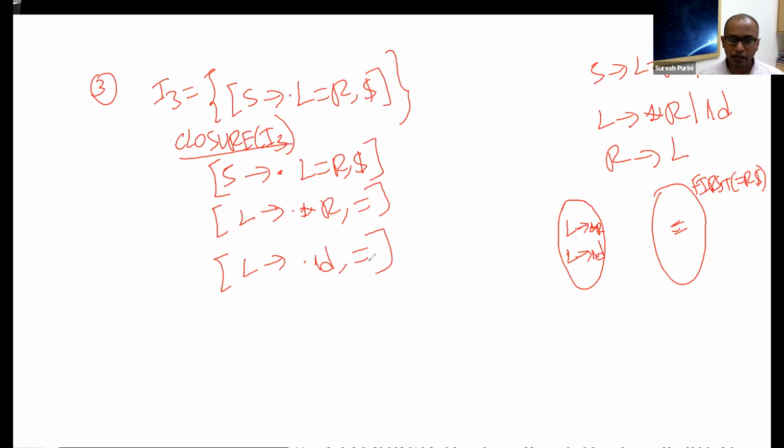So this is how it works. So this is taken care of, and this LR1 item cannot generate new LR1 items, and this LR1 item cannot generate new LR1 items.